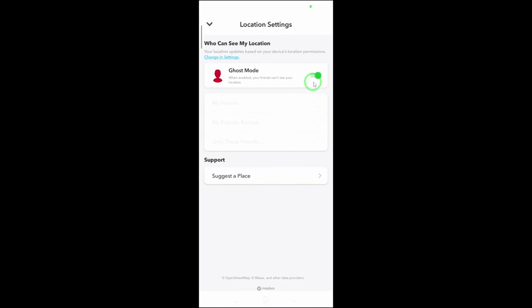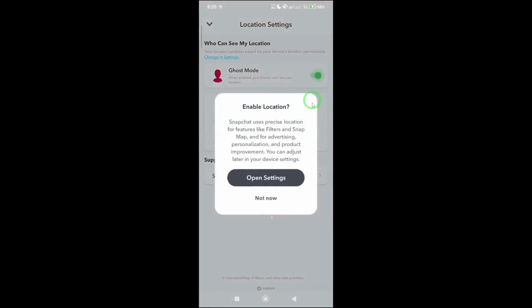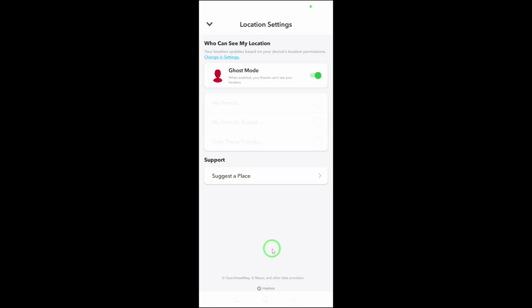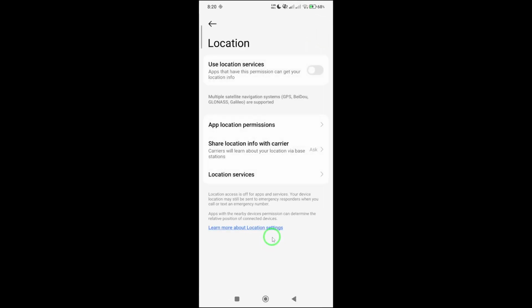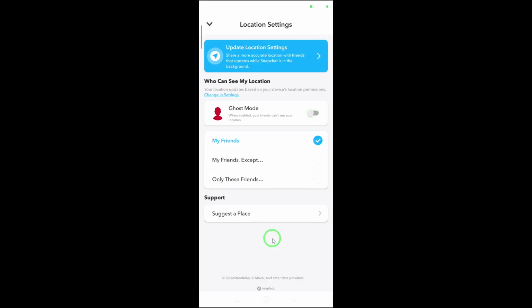Once you turn it off, you can choose who gets to see your location. You can allow all your friends, select specific friends, or keep it visible to only a few people you trust. And that's it. Your location is now visible based on your chosen settings. Just remember, Snapchat only updates your location